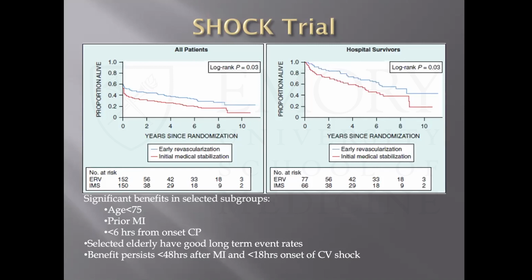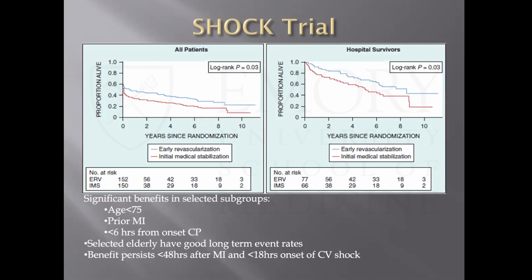But when we do our monthly review of quality metrics for PCI and MIs, it's oftentimes these type of patients. A patient who comes in 85, 90 years old, anterior infarct, in shock, and the initial gut reaction is, okay, we've got to do everything. We want everything done for grandma. And then more often than not, we're reviewing a mortality event 12 to 24 hours later, because these patients, when they're in shock and this old, they typically don't do as well.